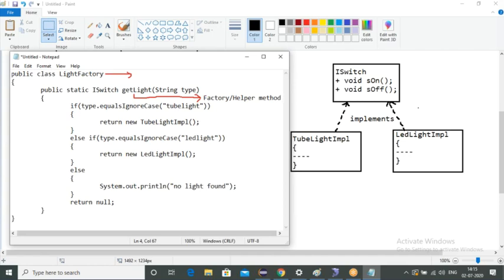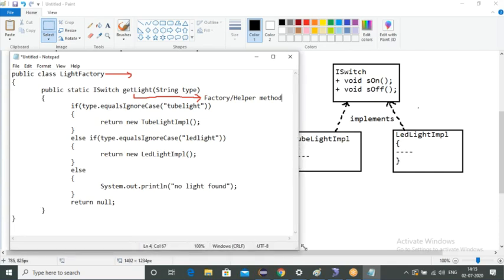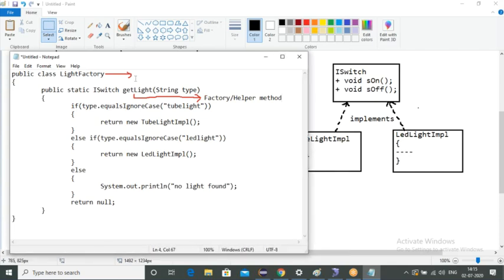Don't get confused by much of these things. What is this factory or helper method? Later you will understand everything. Just go through it. Light factory is a factory class, and within that, get light is considered a factory or helper method.